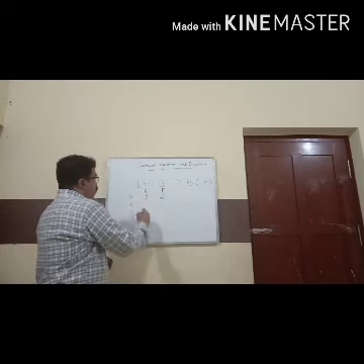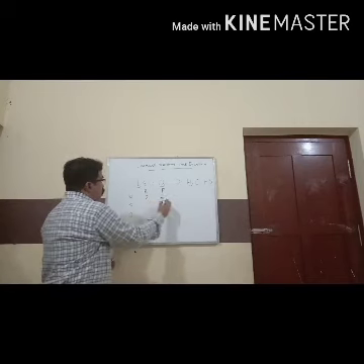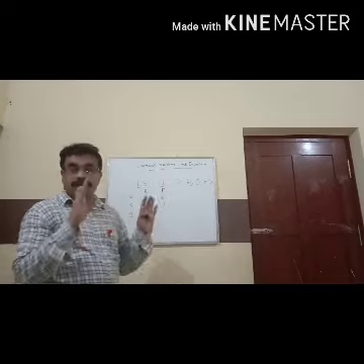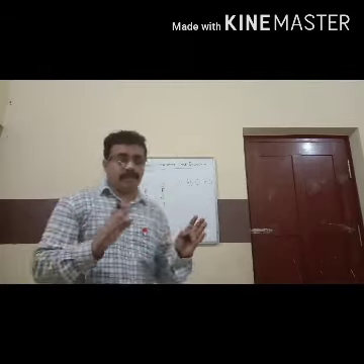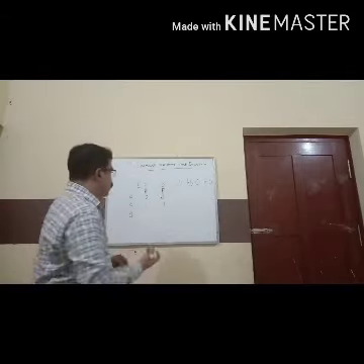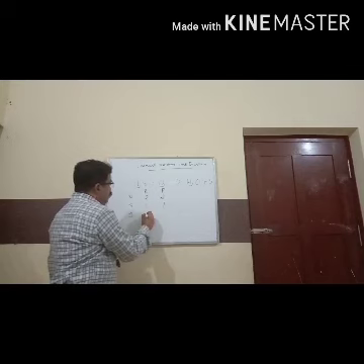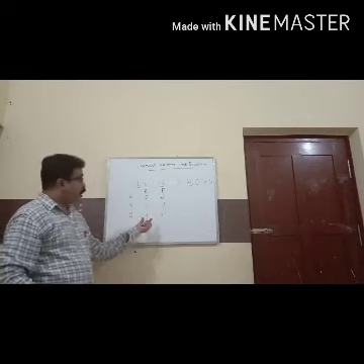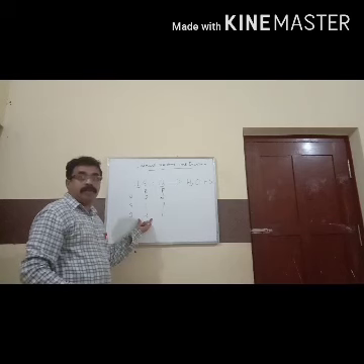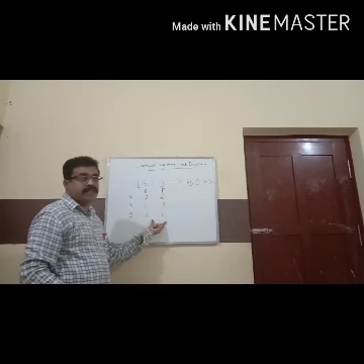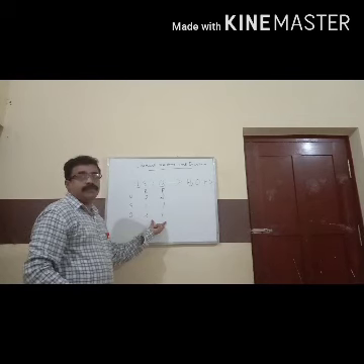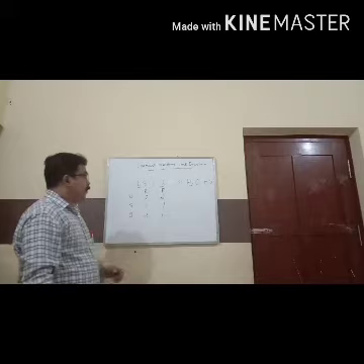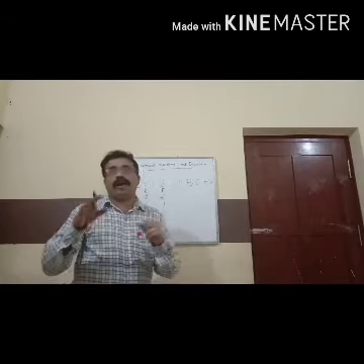Okay. Sulfur in the reactant side is 1, the product side also 1. Oxygen is the only thing I have to balance now, but it's not easy. I will tell you how to do it. Oxygen in the reactant side is 2, in the product side it is 1. This is what I told you: on one side the diatomic molecule is even, and on the other side it is odd. So in that condition, how to do it? I will explain it now.